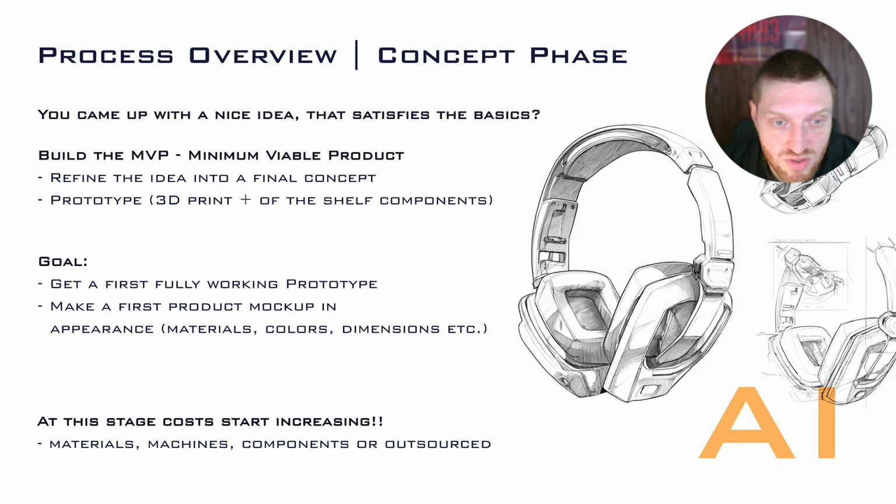So our goals would be to get a first fully working prototype and make a first product mockup in appearance, right? With the right materials, in the right colors, and in the proper dimensions. So this can be one prototype that looks like the final thing and works like the final thing. But often what we have is a visual model that just looks and feels like the real deal, and a functional prototype where the components are still not custom, so they are potentially bigger than they should be, but they work exactly as we need them to. This combination already is enough to make sure that you can tell your story and sell the idea and gather